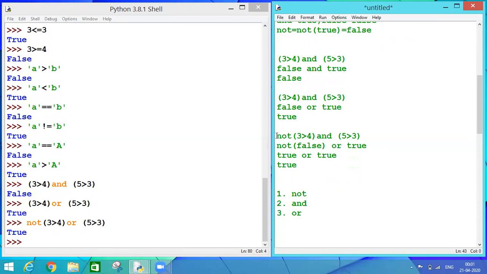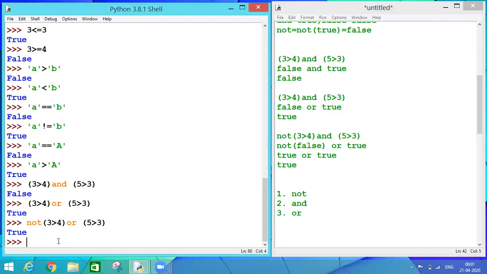As we can see over here, before calculating this OR, I calculated this NOT, because without solving this NOT, I cannot join my expression with the help of the OR or AND operator. That's why NOT is at the highest priority level. I hope the operator concept is clear to everyone.